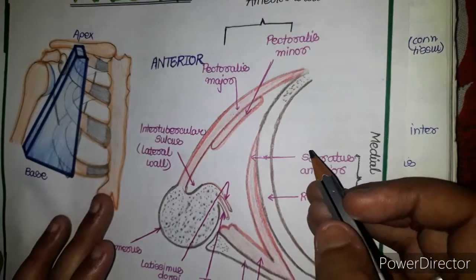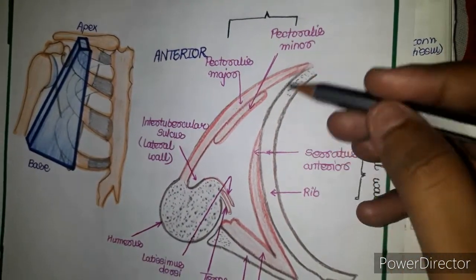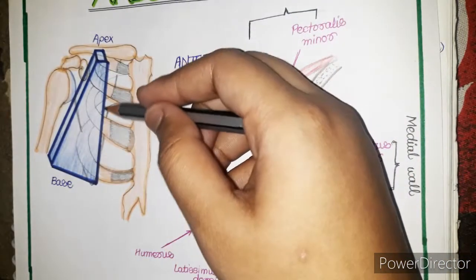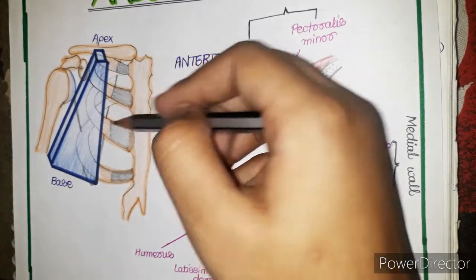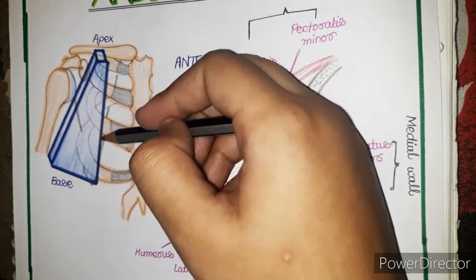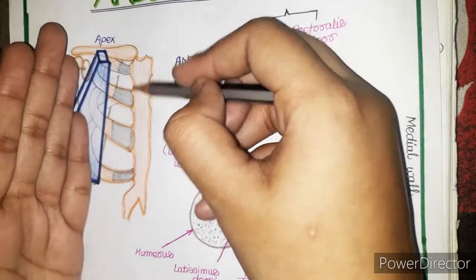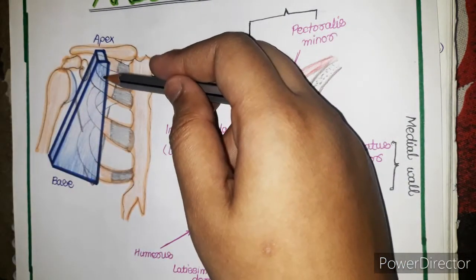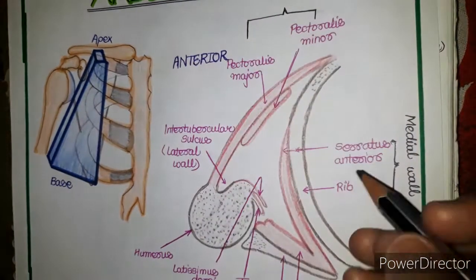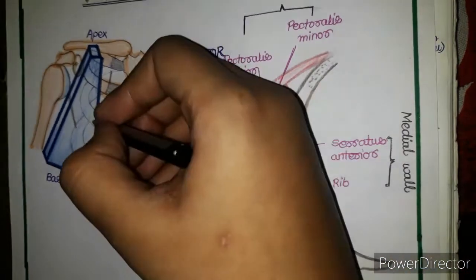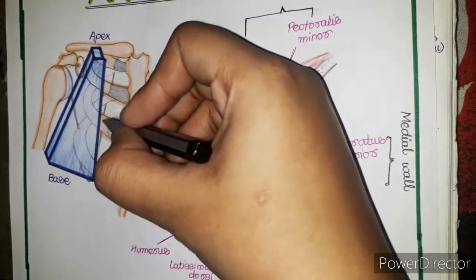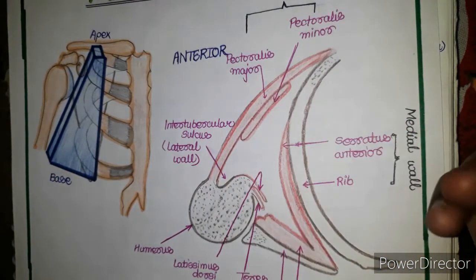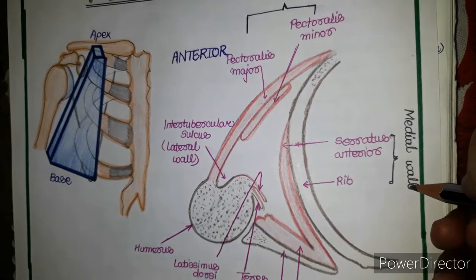Okay, now come to the medial wall of the axilla. मीडियल वॉल कहाँ पर आ रही है? इसके चेस्ट के मीडियल पार्ट पे. ठीक है, चेस्ट का ये जो लेटरल पार्ट एंड वॉल का मीडियल पार्ट. ओके, ये अवे है ना, मीडियल पार्ट ऑफ चेस्ट क्या हो जाएगा? ये हो जाएगा, एंड ये दूर है तो ये लेटरल पार्ट हो जाएगा. तो लेटरल पार्ट ऑफ चेस्ट, तो कौन सी मसल इसको फॉर्म करेगी? सेरेटस एंटीरियर. यहाँ पे भी आप डायग्राम में देख सकते हैं, रिब भी इसको मतलब फॉर्म कर रही है. तो अपर 4 to 5 रिब्स विद देयर इंटरकोस्टल मसल्स विल फॉर्म द मीडियल वॉल.